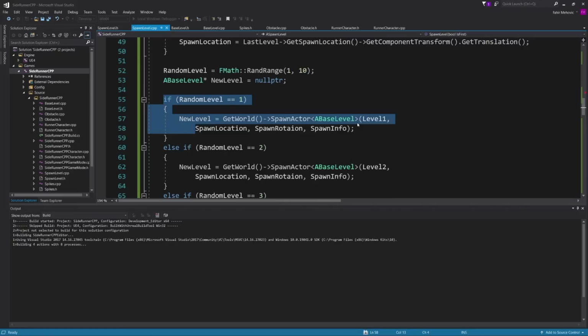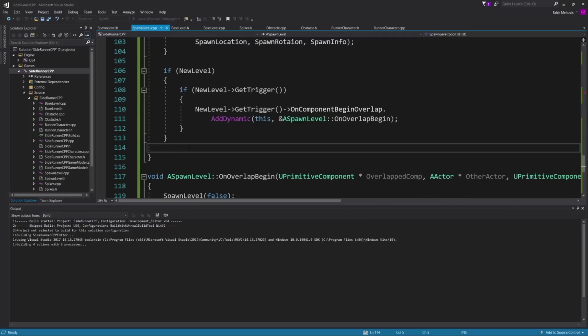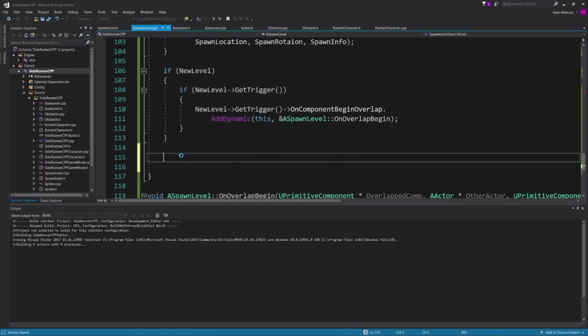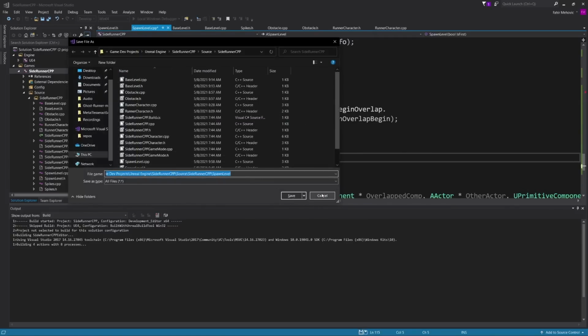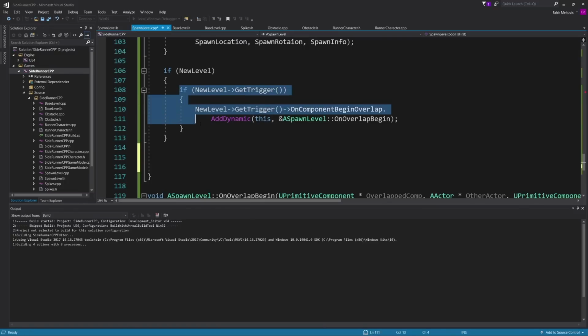If it's level 2, level 2, and so on up to level 10. Over here, as I said, I did forget. So if we have a new level after that, we're going to attach a dynamic. Again, when I save, you see it's saving because it's processing everything. So if we have a new level and we do all of this over here, we get the trigger from the level, we attach the onComponent begin overlap, we add that to the dynamic, spawn level, and all